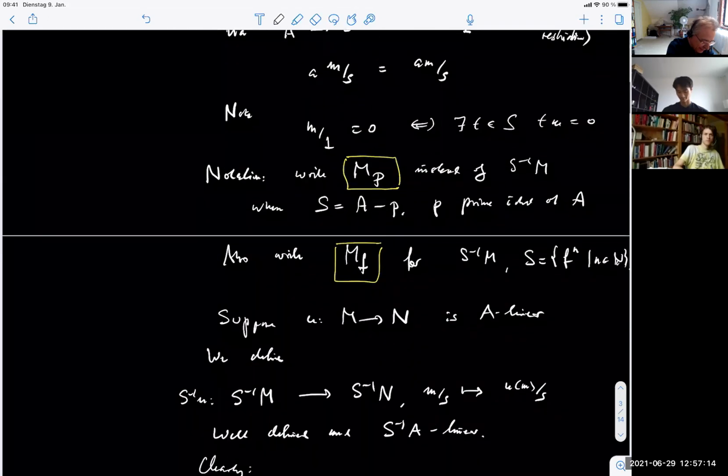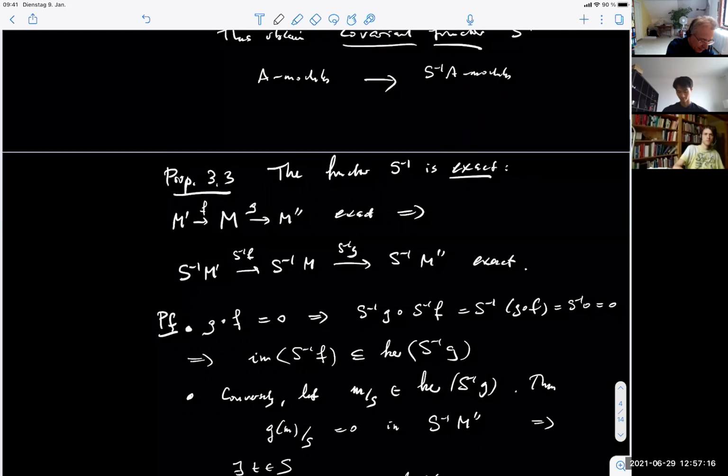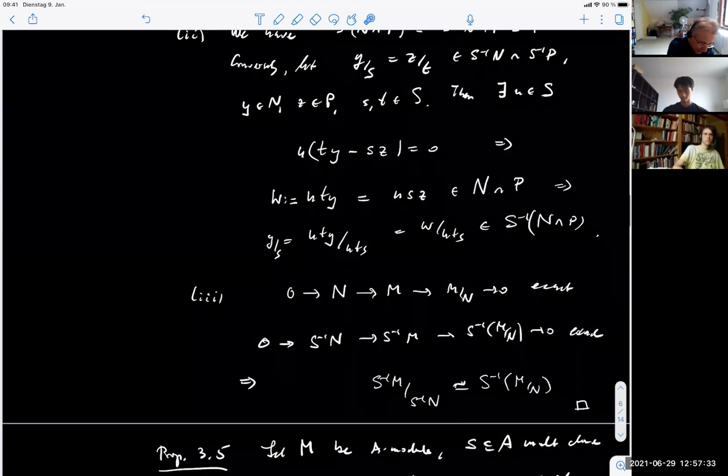I don't find it. Oh, okay, here. The functor localize here is exact. So we prove that exact sequences go to exact sequences. But then we realized that actually this S minus 1 to the F, this is the previous result,